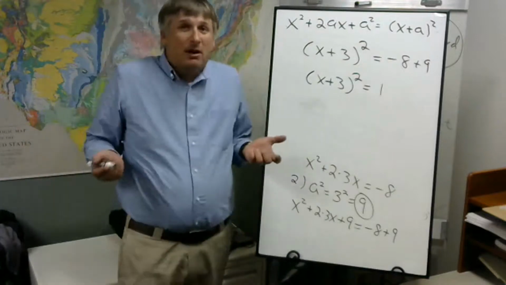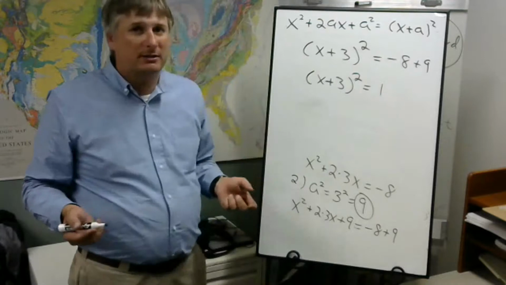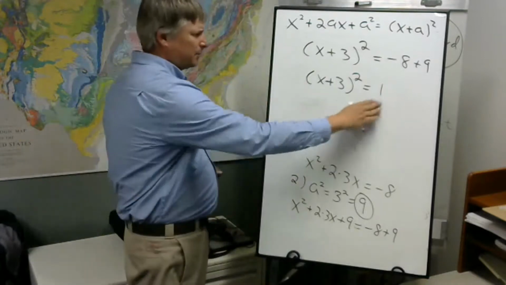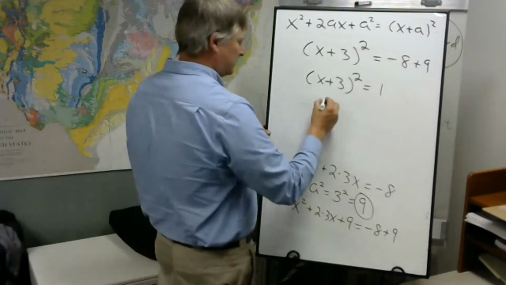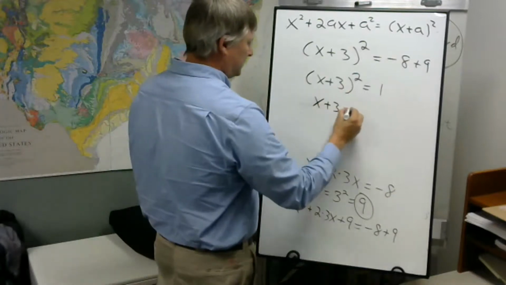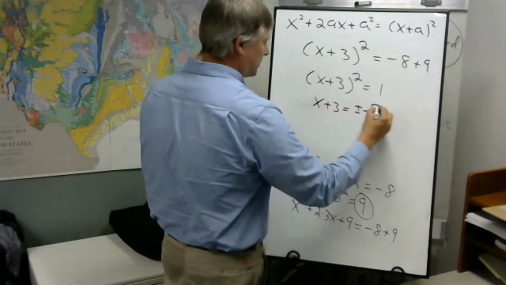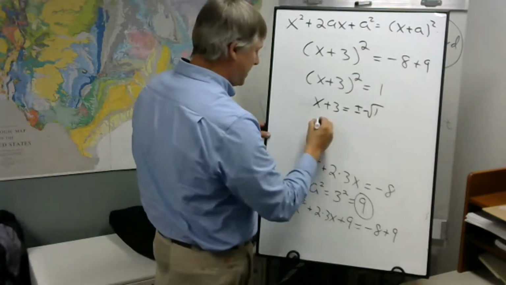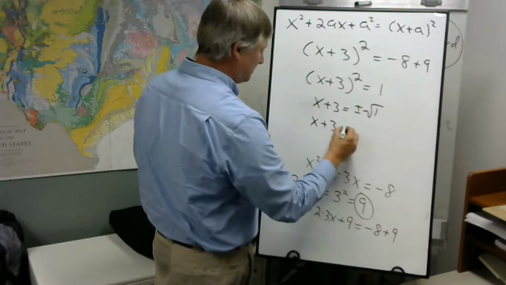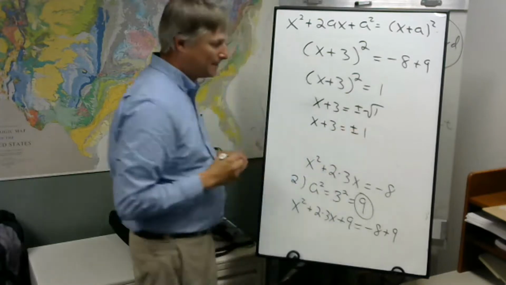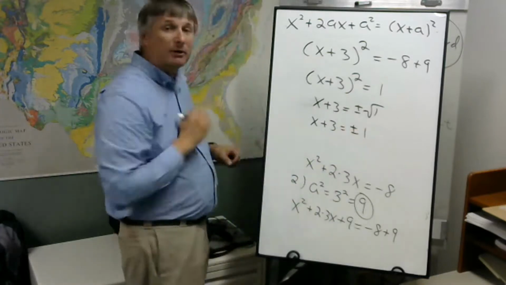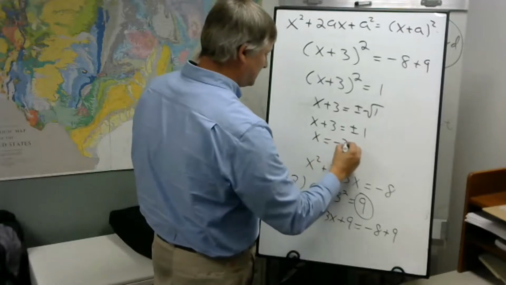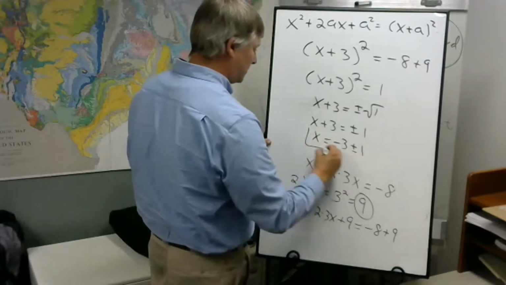So we've made progress. We've used our completing the square technique. Now we're just going to solve this using the square root. Square root both sides, so this cancels. X plus 3 is plus or minus the square root of 1. That's just 1. So x plus 3 is plus or minus 1. Subtract 3 from both sides. X is minus 3 plus or minus